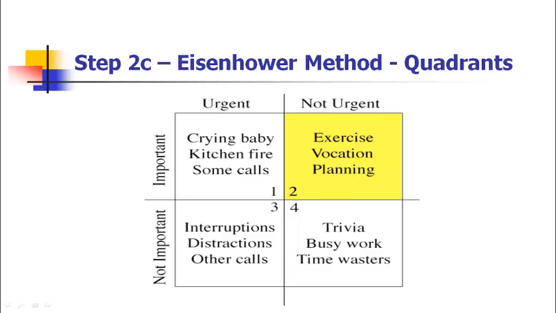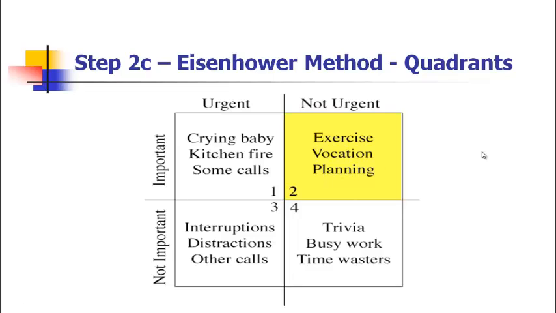Okay, so after understanding this, you must understand that this quadrant, important and non-urgent, is very important, where you plan out all the things for building and sharpening your skills, for learning. Everything goes here: the efforts you put in for learning, for planning all the other activities, the exercise you do, and whatever time you plan to spend building relationships with people. All of that comes here. And this is very important.